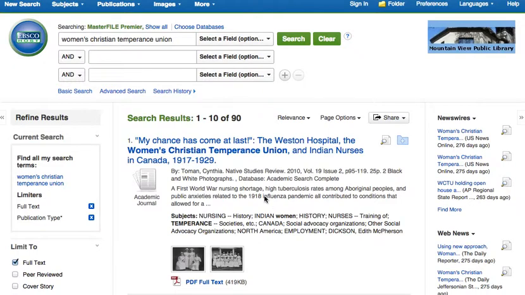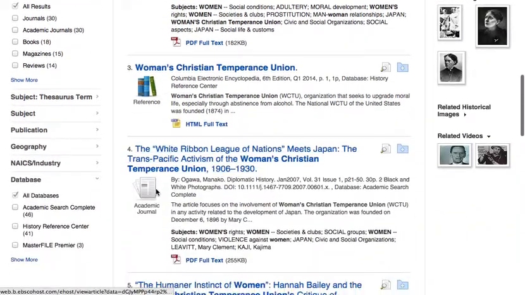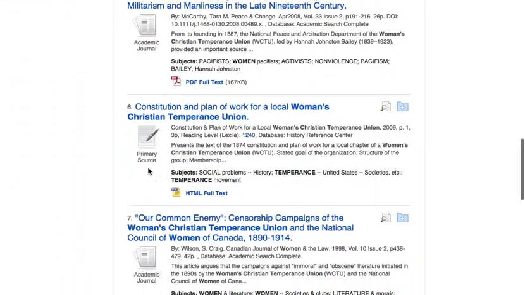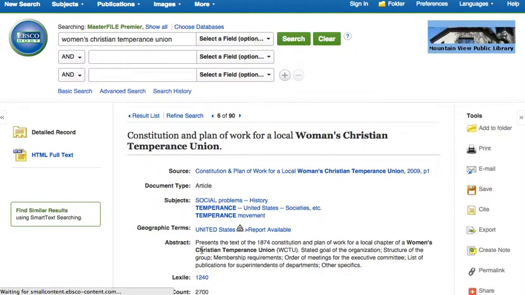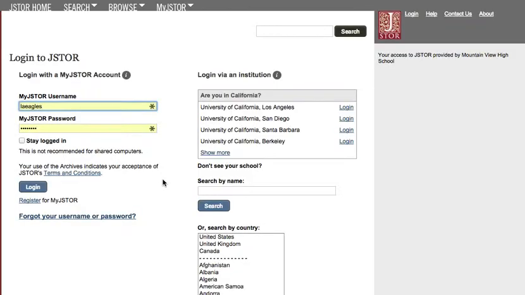And what this will give you is sort of a combination of academic journals, which has some primary source information in it. And if you scroll down, you can see that primary source, when you get to something, it'll be indicated through this. And so you just click on this, and this gives you the text of the 1874 Constitution that you could use as a primary source document. Okay, so that's EBSCO, and then finally we have JSTOR, and JSTOR does it similar to EBSCO,